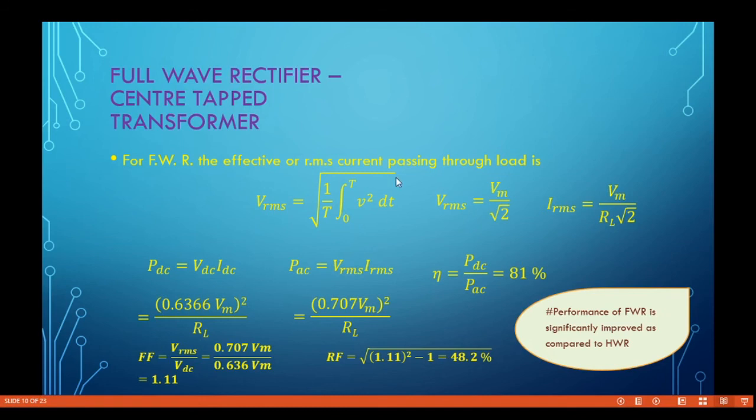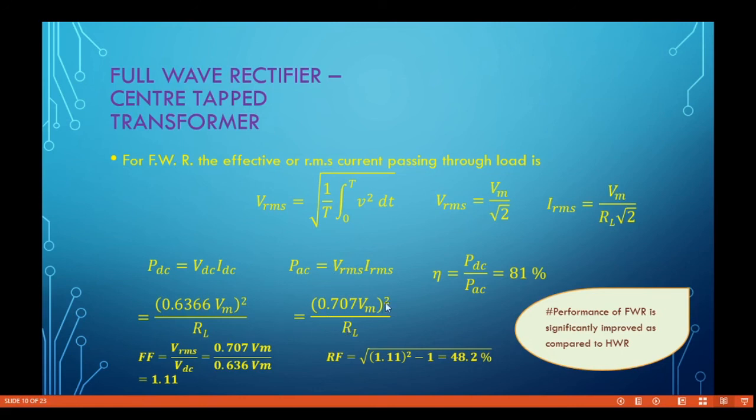For a full wave rectifier, the effective RMS voltage across the load is Vrms. Using again the same formula, we have the value of Vm by root 2, and Irms is Vm by RL times root 2. The DC value we have calculated in the earlier slide, so the DC voltage is 0.633 times Vm, and the DC power is the DC voltage squared upon RL, and PAC is Vrms, 0.707 times Vm, squared upon RL,